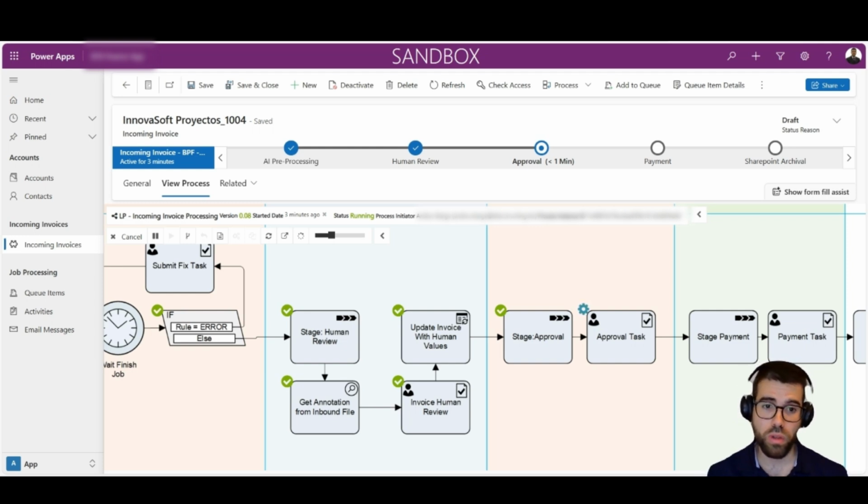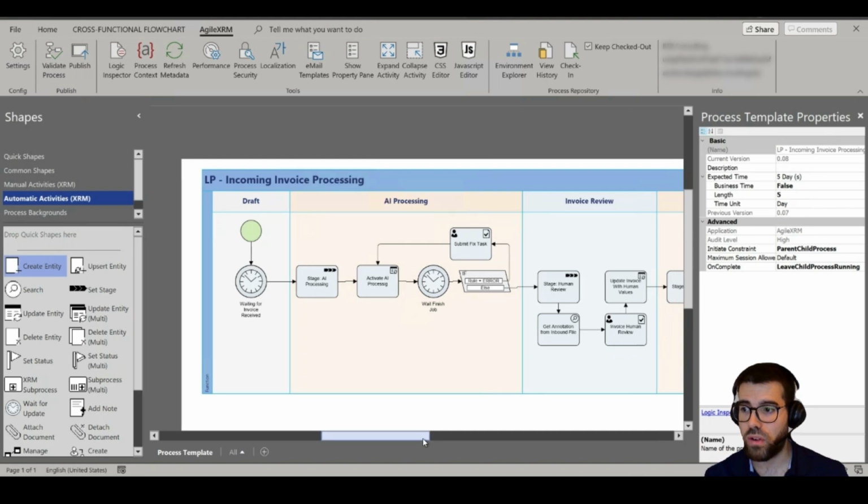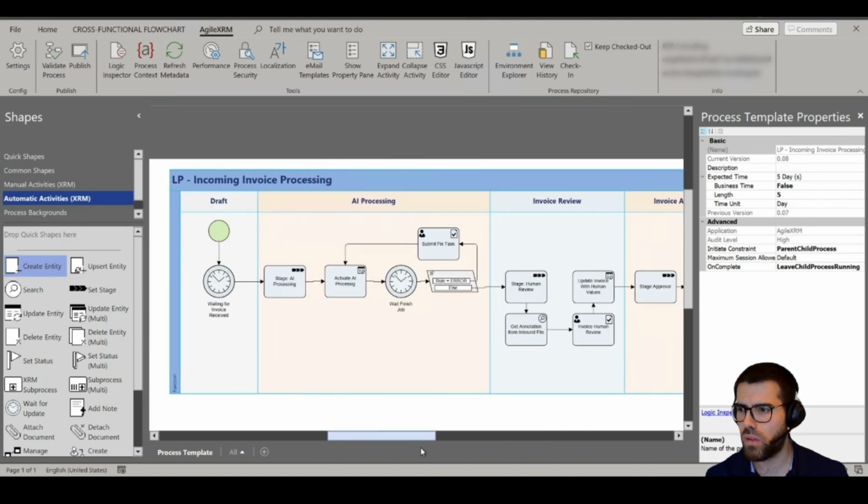What I'm going to show you in a moment is basically how we build these BPM diagrams using AgileXRM and model these forms to input the information using the dialogues function of AgileXRM. And last, we'll see what the AI Builder model is that we are using to ingest and process documents, not only invoices, any type of document. Let's see about that. So I'm going to actually open Visio, and you see here, this is Microsoft Visio, and